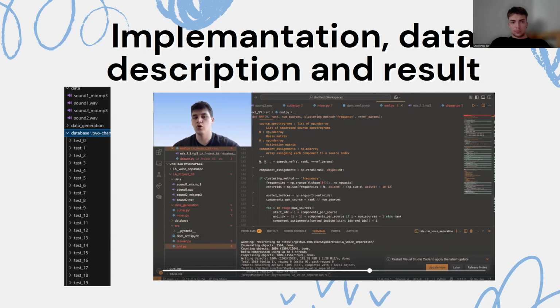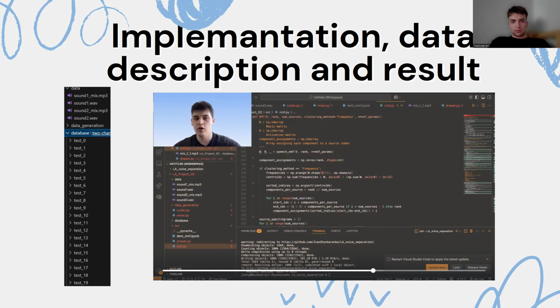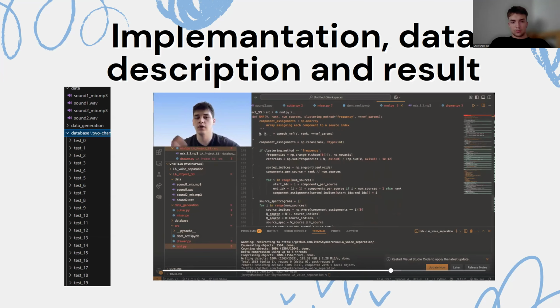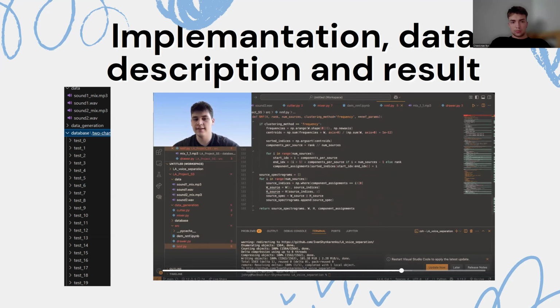For each component column of W, we compute the weighted average frequency and sort them, then chunk them into equal-sized groups. We reconstruct each source spectrogram by summing only its assigned components, and we return the list of source spectrograms plus W and H and the assigned array, just for debugging.